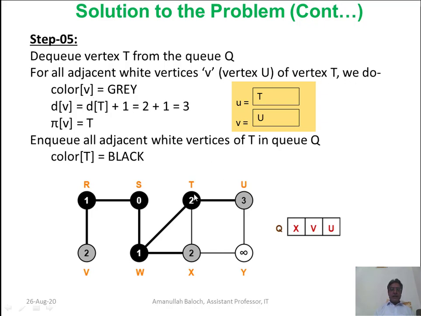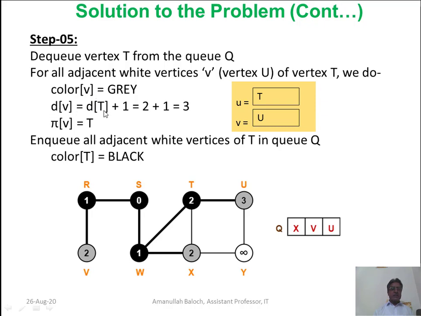Here T's adjacent vertices are U and also X, but X has already been processed. So we are considering this U. V contains U. Color of U is equal to gray.